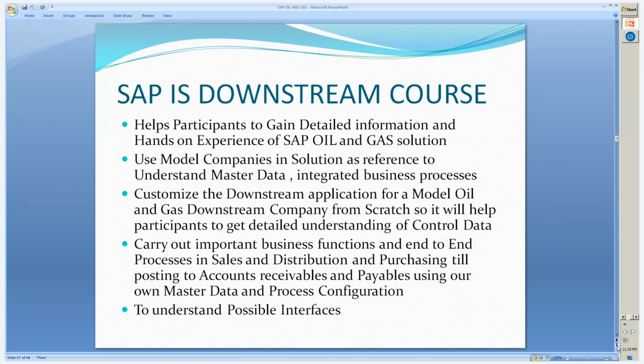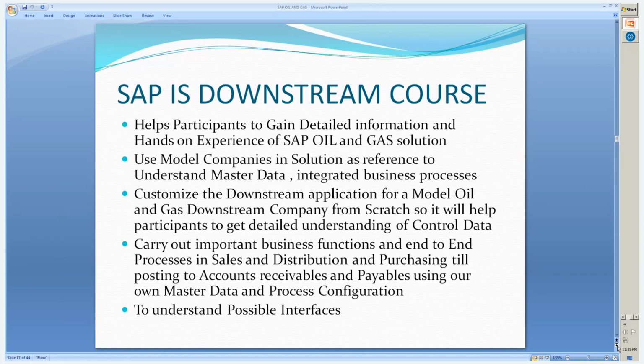It will help the participants to get detailed information, application overview, and a specific, detailed understanding of each and every application component, customization of all the components that we have listed, and also hands-on experience. That means we will take one model oil and gas company in the downstream and then start configuring the complete end-to-end process from scratch, so that,